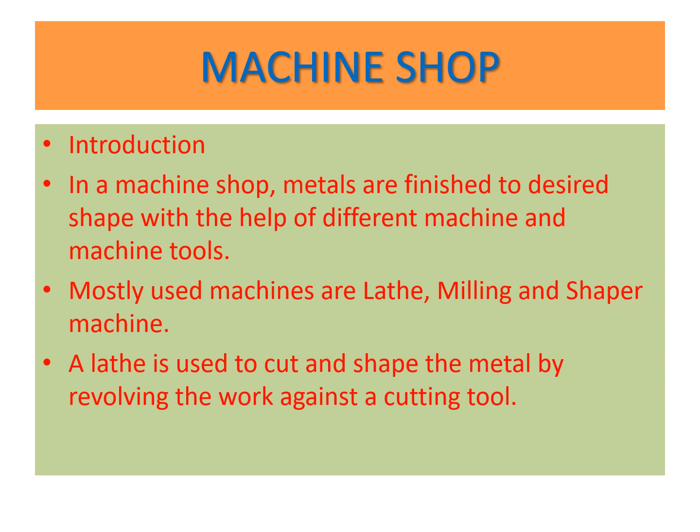Now, for every machine there are two main things. One is the workpiece and the other is its tool. The required operation is done with the help of the relative motion of these two. In the lathe machine, the tool remains stationary while the workpiece rotates, while in the shaper machine and milling machine, the tool moves while the workpiece remains stationary.